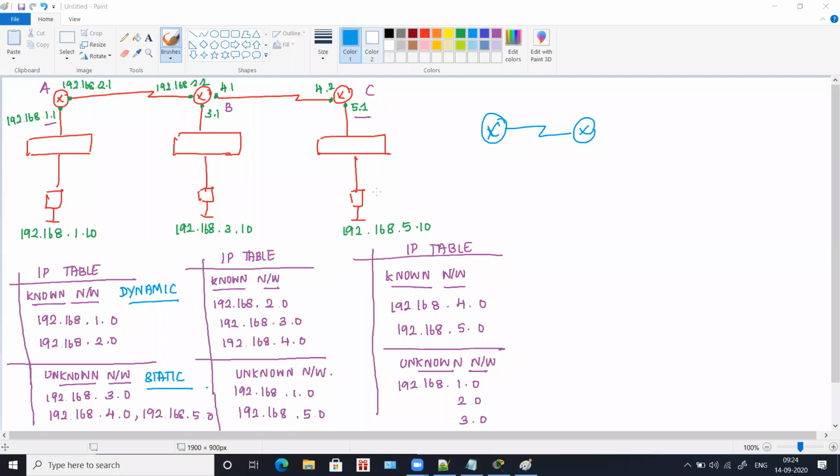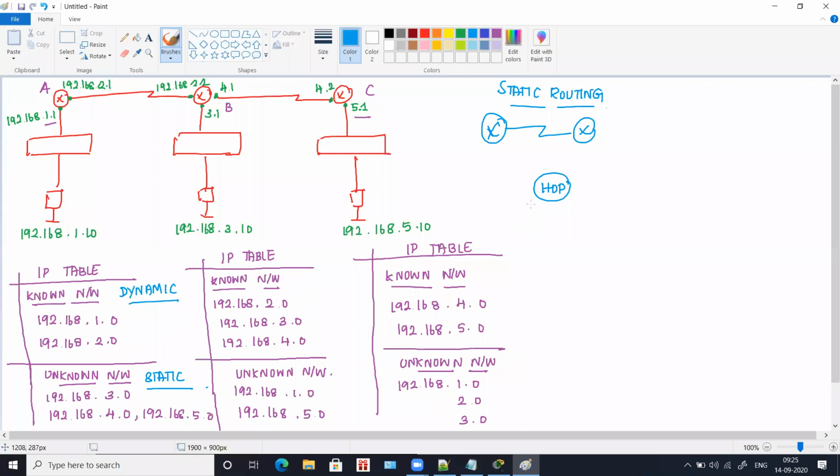Great. So now what we will do is we will see about static routing. Okay, so the static routing is what you're going to configure. For static routing, remember we are going to fill in the unknown network. For static routing, we'll be filling the unknown network for each and every router, for router A, router B, and router C. Now, for static routing, one concept which you should understand is something called hop.